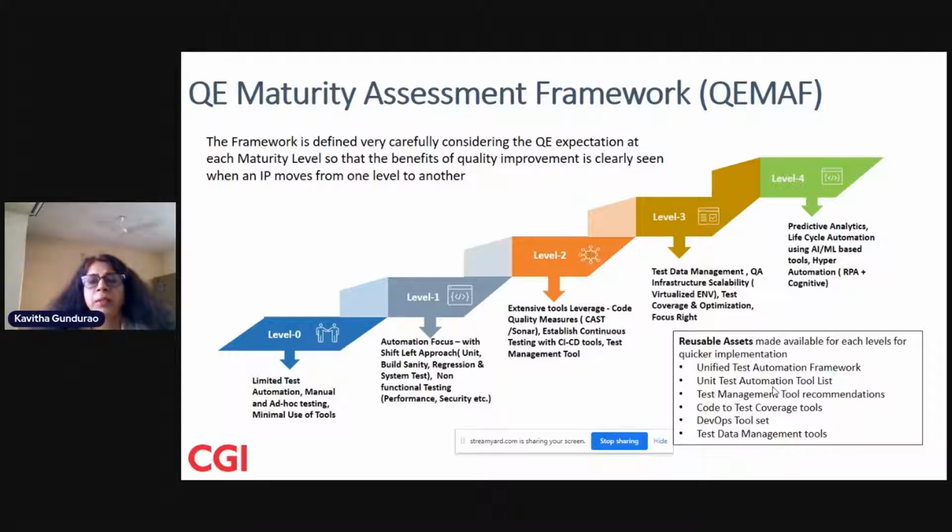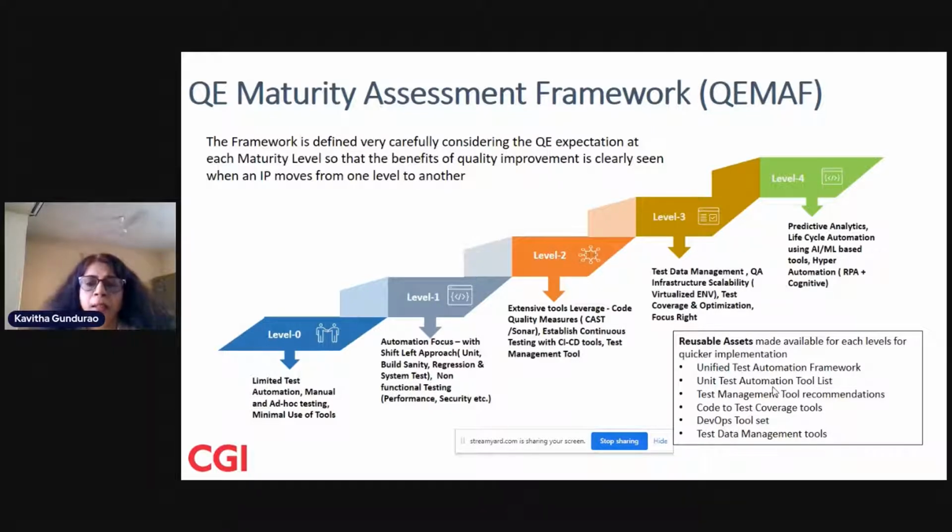So, these are the levels that we have put together, and we started focusing on building reusable assets that can be made available at each of the levels for quicker implementation, such as our own unified automation frameworks which have been used across many of the projects, and we started building a unit test tools list so that based on the technology stack, we know what tools are most relevant and how they could be broad based.